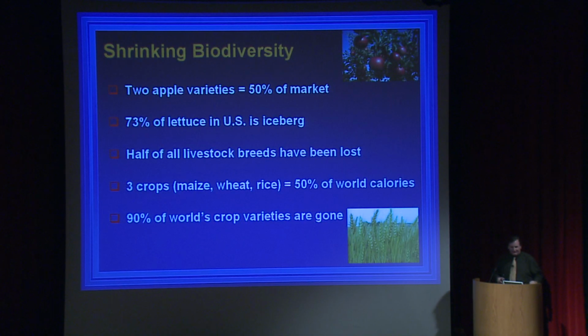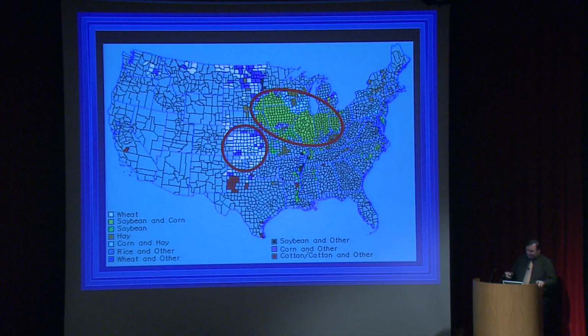Here are some examples of how the number of varieties of crops in the US and around the world has really changed, and you can see the numbers yourselves. But at one point there were many, many varieties of foods in the environment. People grow different strains of things right near each other, and now that's really been reduced a lot. So here's a map showing the crop distribution around the